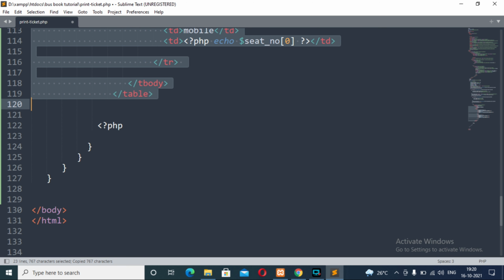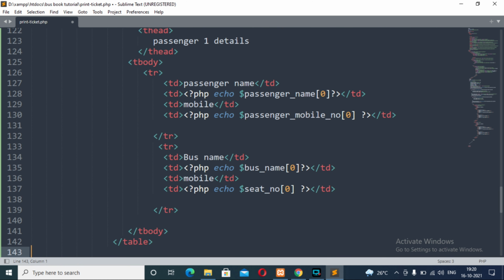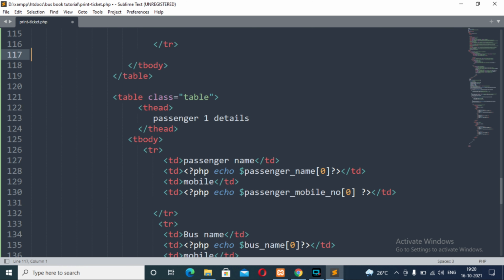Control C and Control V, and this time we will fetch the detail of the second passenger, that is passenger 2 details, and the index will be 1.